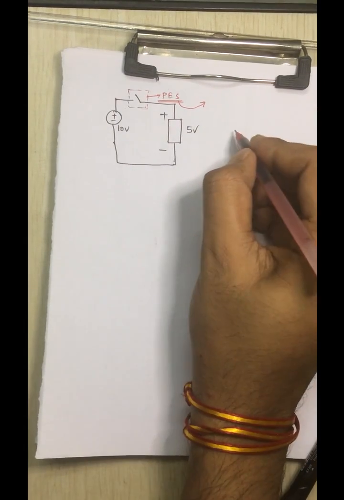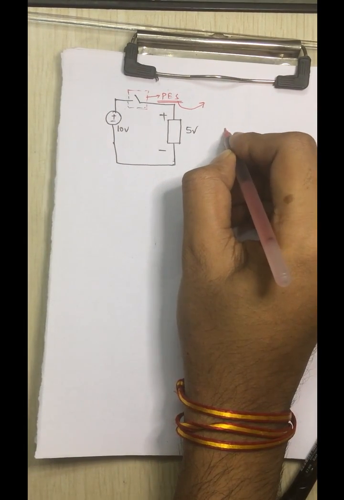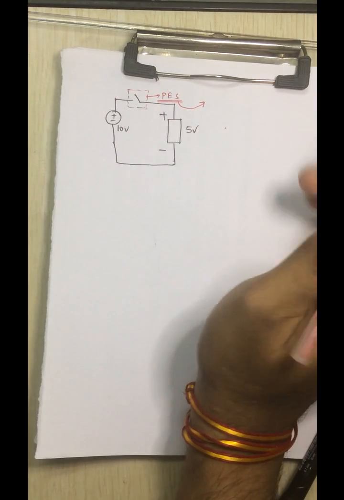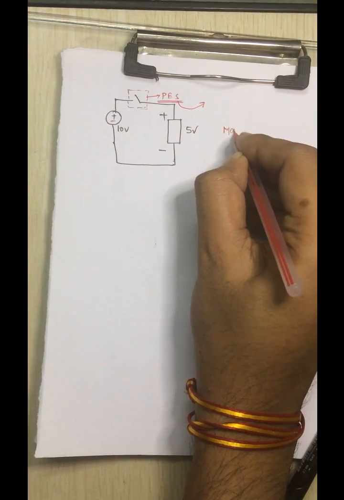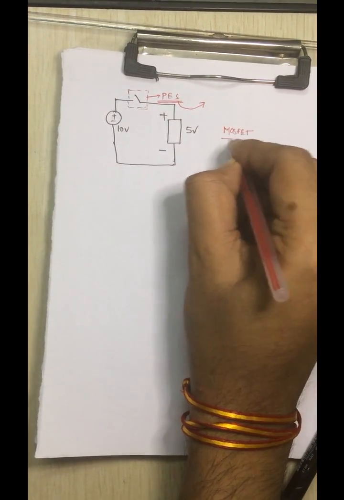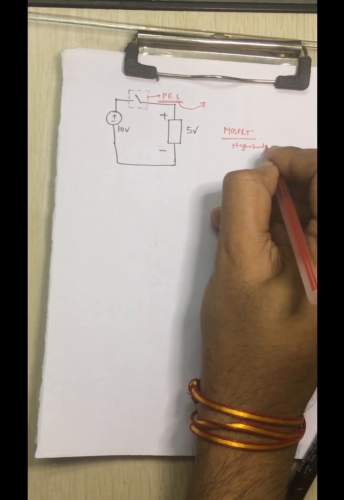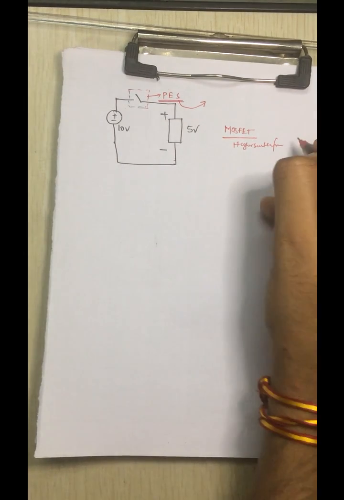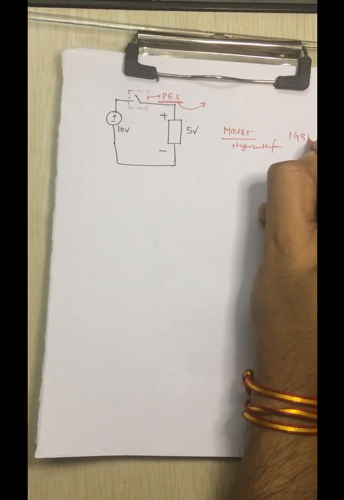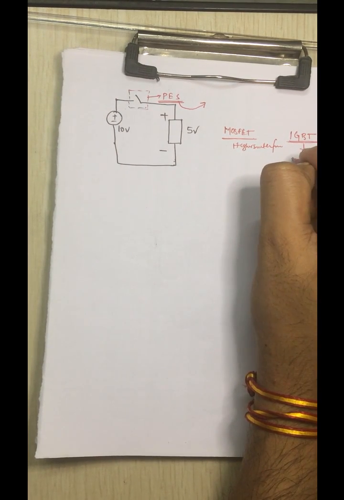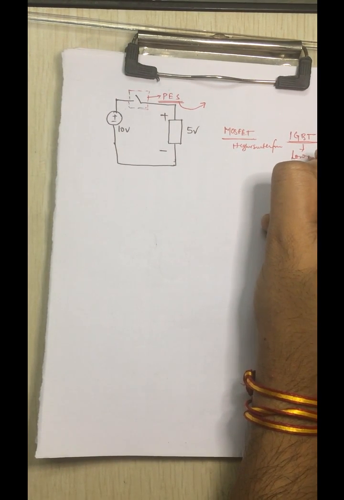Suppose we are talking about the MOSFET and the IGBT. MOSFET has higher switching frequency, but the IGBT has a lower switching frequency,